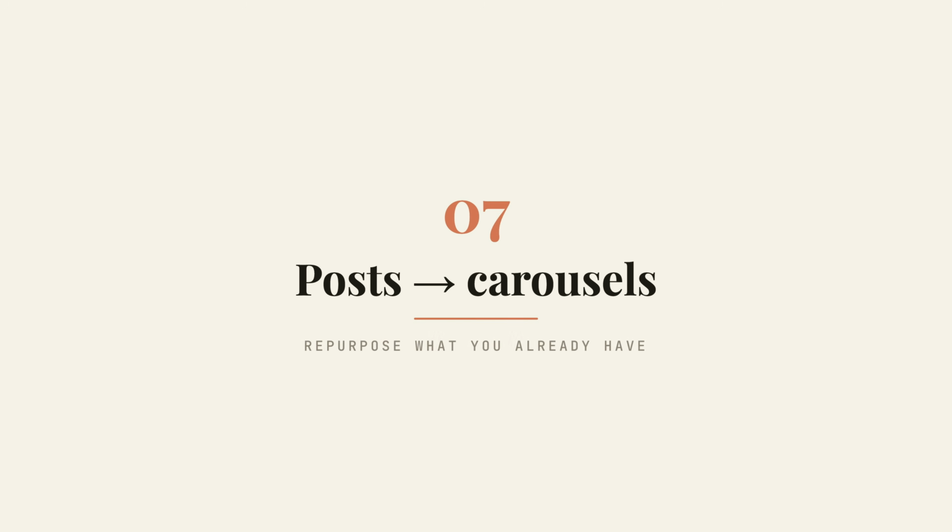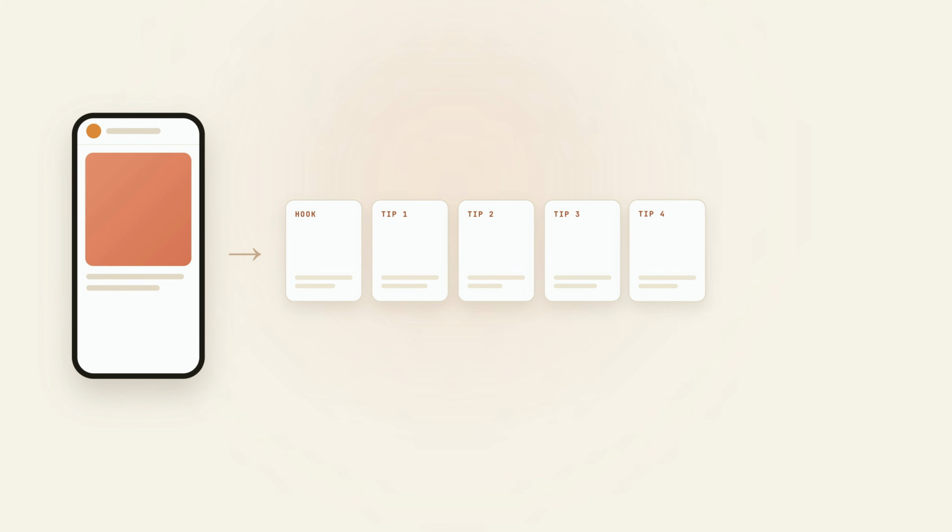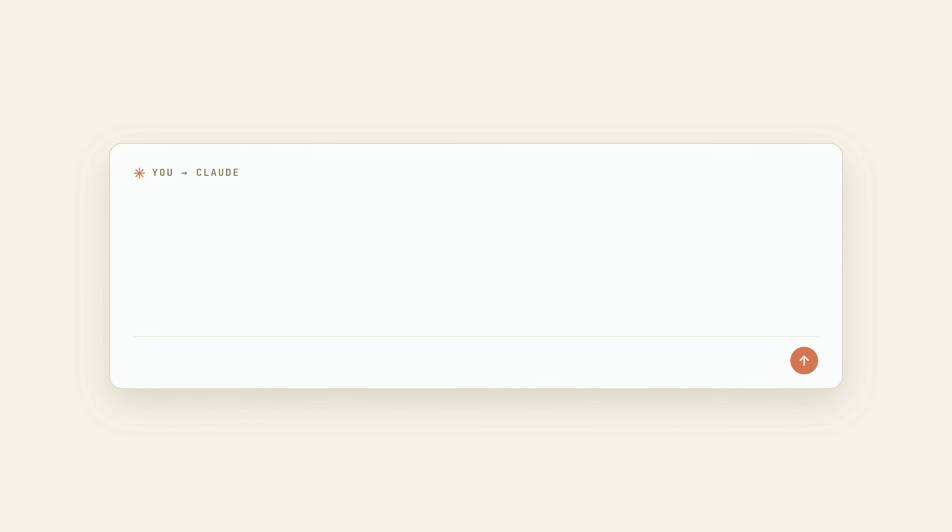Now let's move on to the second tutorial, turning your existing posts into carousels. You've almost certainly got good content already sitting on Instagram or LinkedIn, so let's get far more out of it instead of starting from a blank page. Take one of your best posts, the caption and the main points, and paste it straight into Claude. Then type something like this: